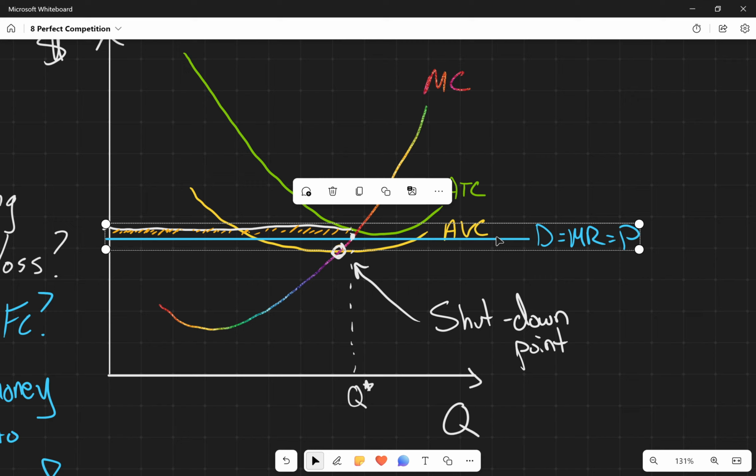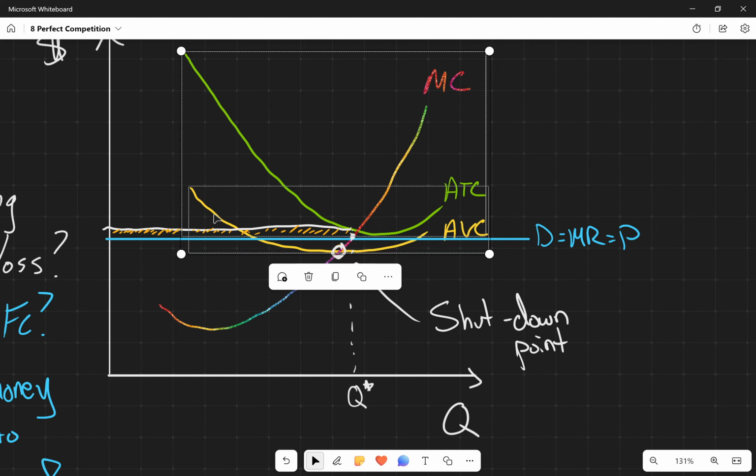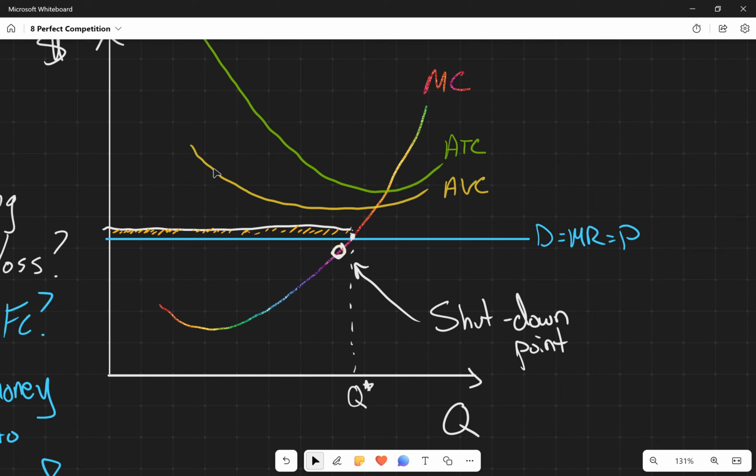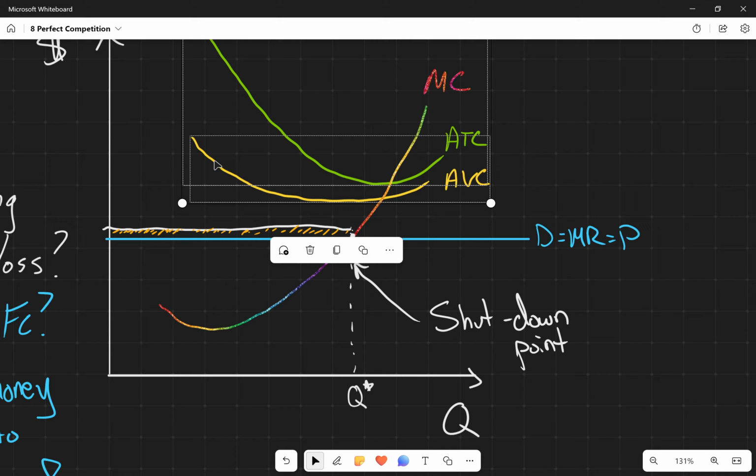The other reason why we won't shut down when we're in this region is because what I told you guys earlier, every firm has different average total costs, right? So this market price might result in you making a slight loss, right? But let's say somebody else has much higher total costs, right? When that total cost increases, the average variable cost increases with it. So if somebody else were encountering that same exact market price, but their cost curves are up here, they're going to leave the industry.